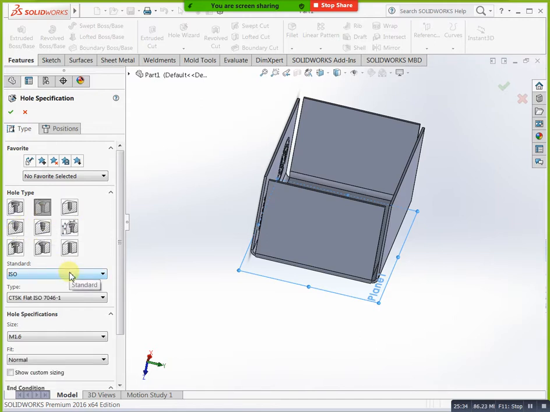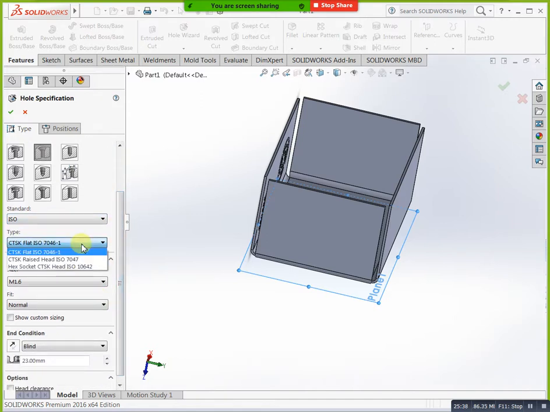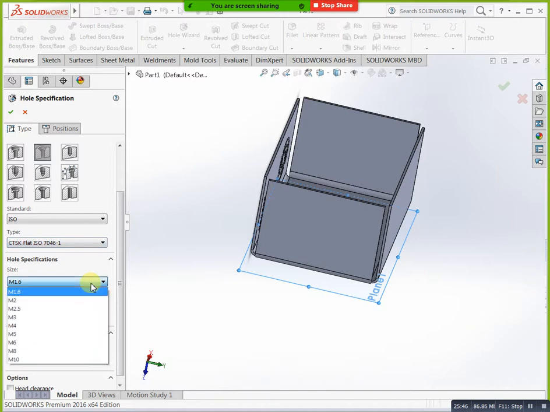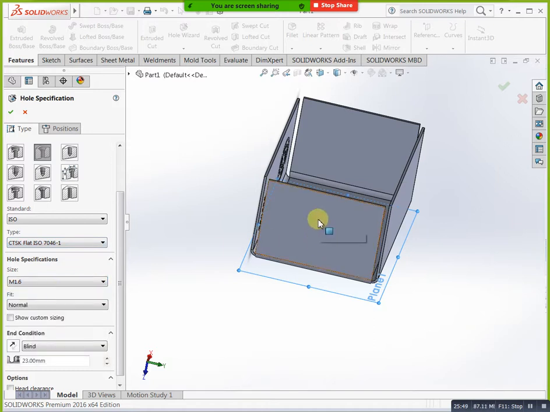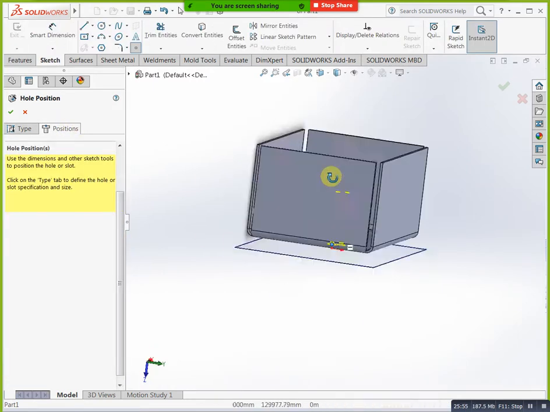Now you can select this plane, go to the sketch. See, this is our hole point.